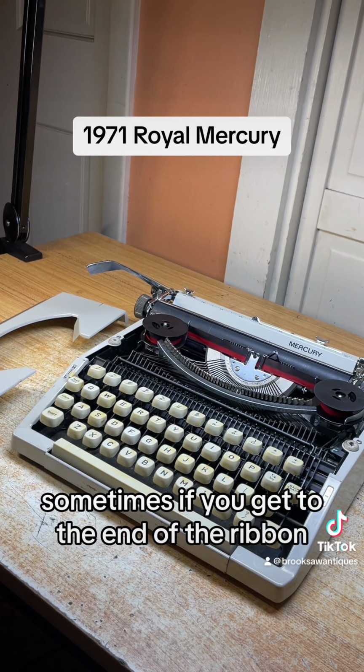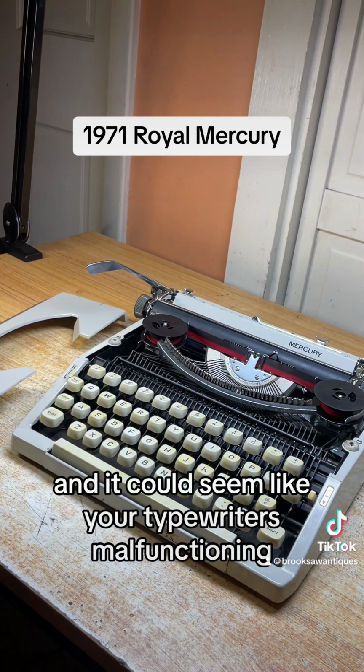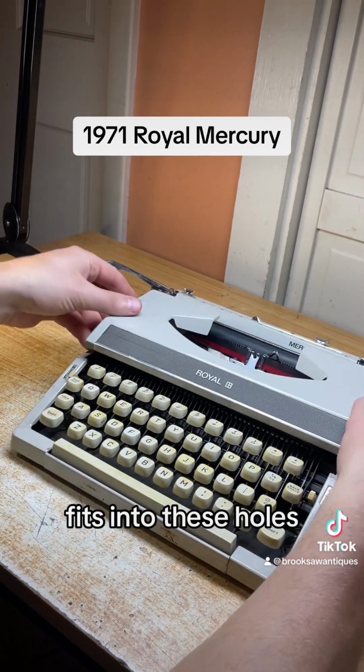Sometimes if you get to the end of the ribbon, it'll jam up your vibrator. This is your vibrator that goes up and down, and it can seem like your typewriter is malfunctioning, but you just need to change the direction. And this lid just pops right in, fits into these holes,